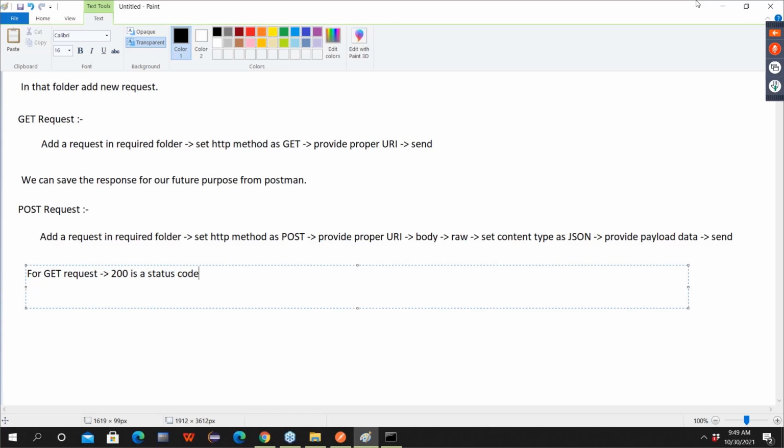For a POST request, 201 is the status code.